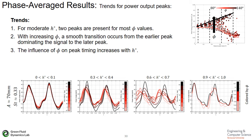And the second one is related to this, that as you increase phi, there appears to be a smooth transition where from the earlier peaks, the pink line being dominant, to the darker red lines, the later peak being dominant. It doesn't appear that there is a smooth transition where a single peak shifts from one timing to the next. It more appears that there are 2 separate peaks, that in these moderate values, both peaks are present, but one is more dominant over the other. There is some slight shifting, which we can see with these middle dots, but it does appear to jump where you have this earlier peak, this transition period where both are present, and then it jumps to the later peak